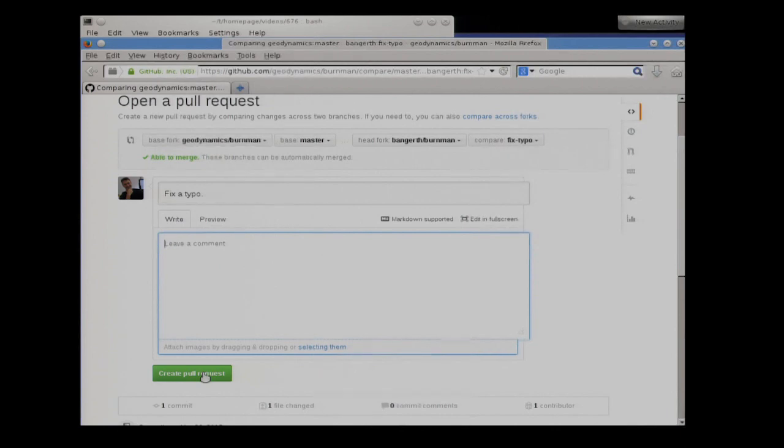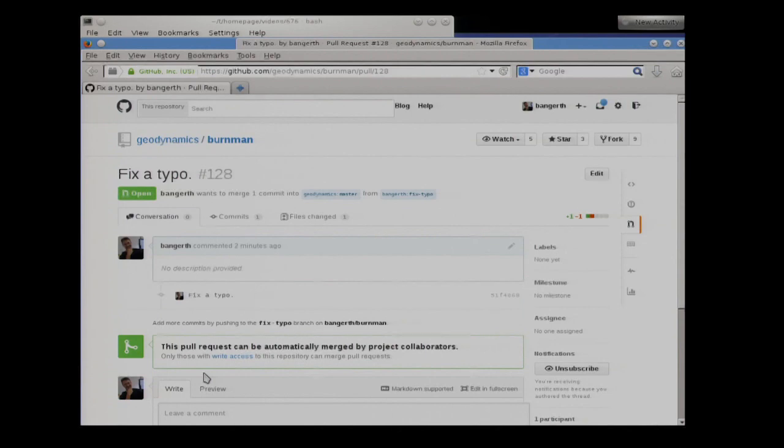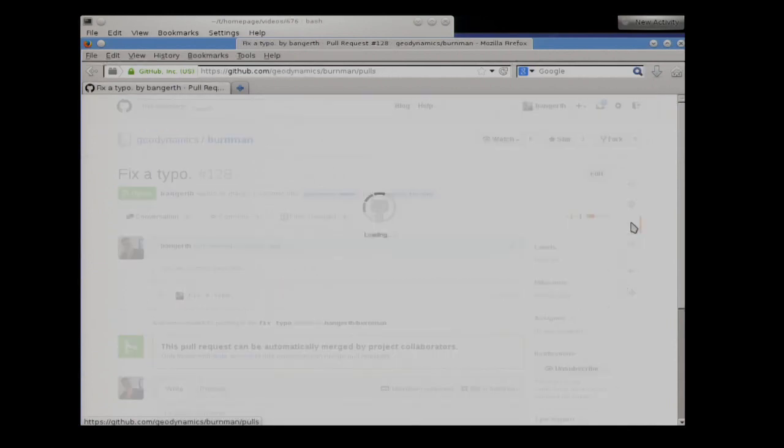So I'm going to create a pull request. And GitHub automatically takes me to the geodynamics Burnman, the upstream repository, the place, the central repository. And what you see is that it created issue number 128. So apparently 127 times before, somebody else has created a pull request or a bug report or something. It says that it is open, and if I click over here on the list of pull requests,